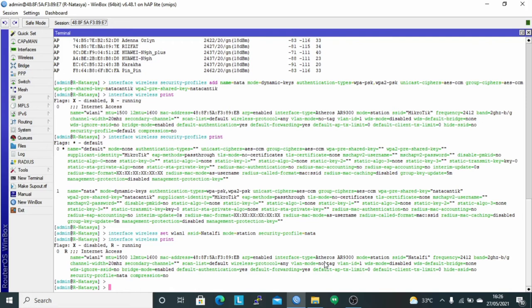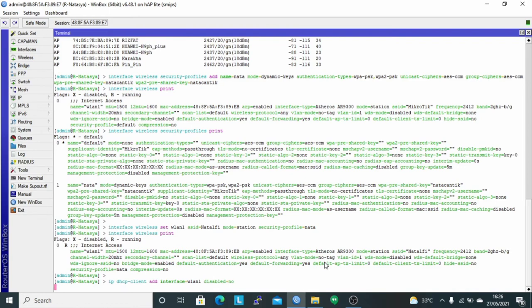Next, perform a DHCP client request using interface WLAN1 with the command ip dhcp-client add interface=WLAN1 disabled=no. Check with the command ip dhcp-client print.